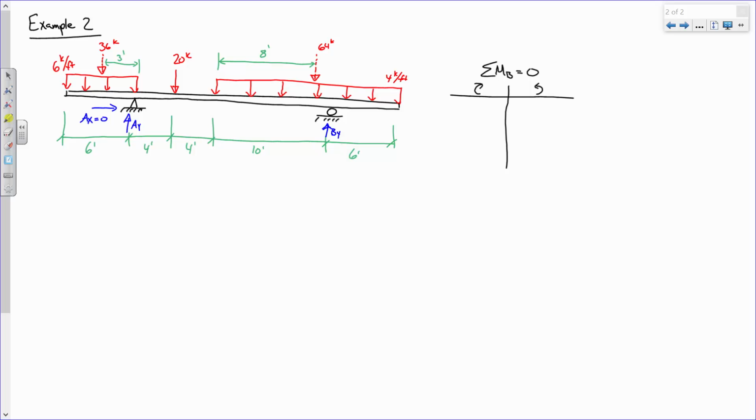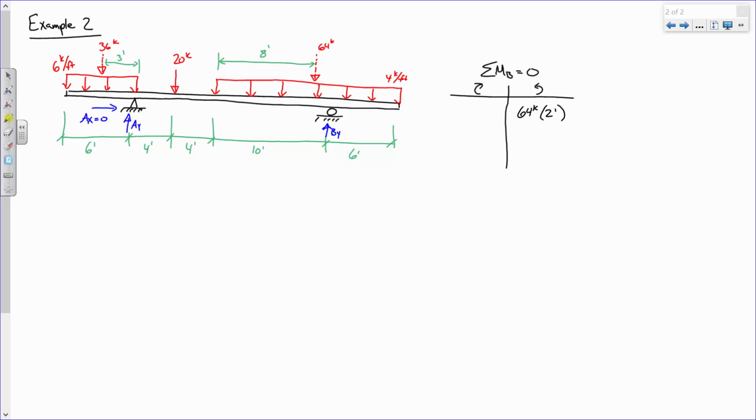All right. Okay. So help me out. I'm going to need your help. So we're summing moments at B. So do I need to deal with BY? Breathe, settle down, sir. Do I need to deal with BY? What about the 64 kips? Which side of the table does it belong on, left or right? And what's the moment arm? 2 feet. So 64 kips,